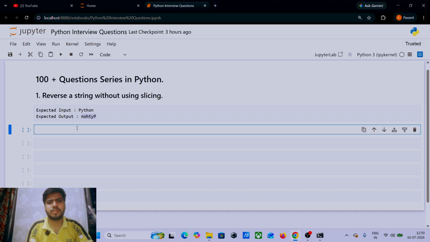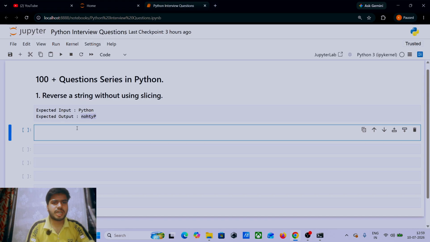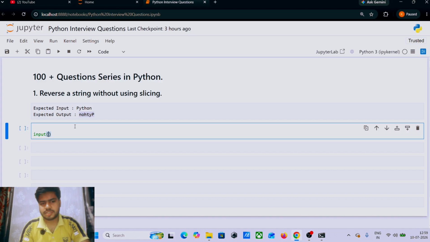There are multiple ways to solve this problem. One of the ways I am explaining like this. Let me know in the comment section as well. Firstly, I'm going to write the inbuilt input function.